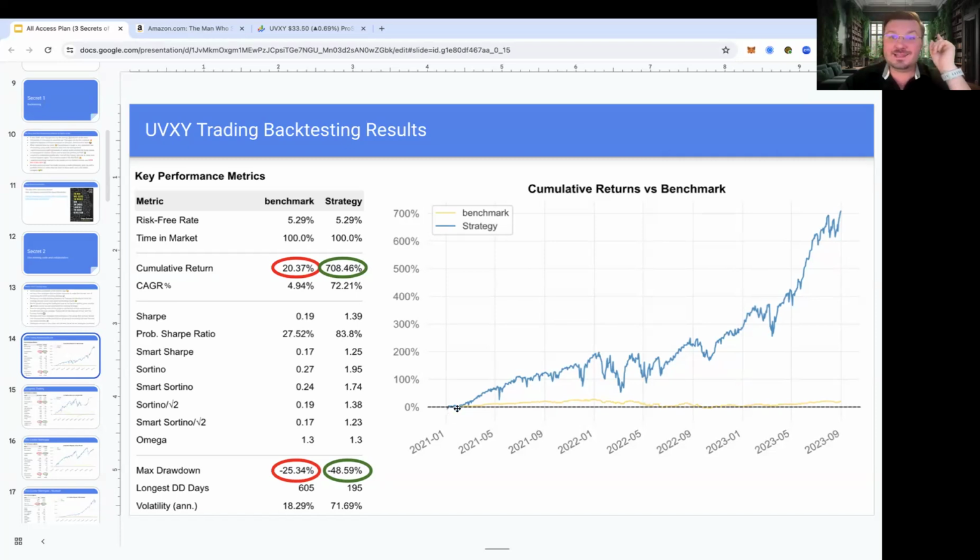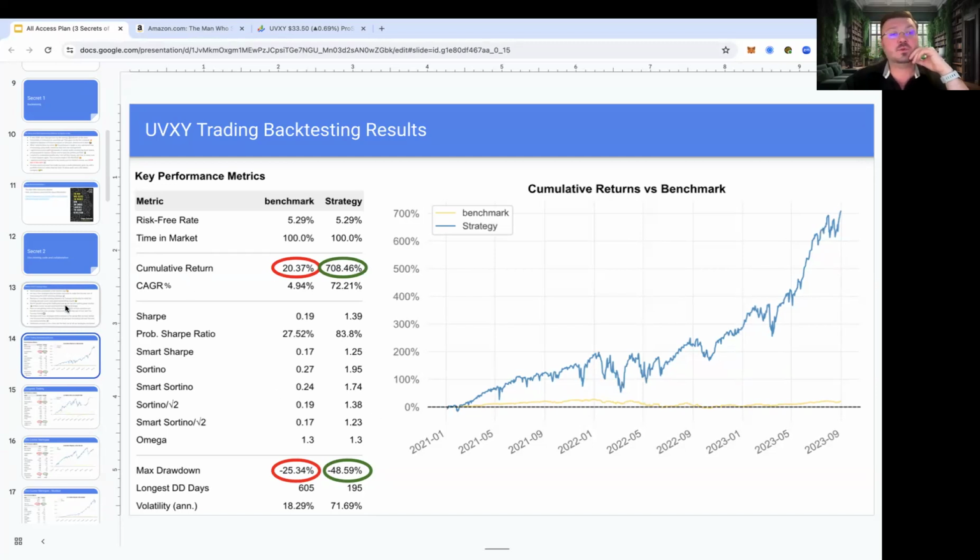However, these are very quick downturns. When the S&P was down, it took 605 days to recover, whereas when this one was down, it only took 195 days. That was the worst thing that ever happened to us, a 195-day drawdown. So we're talking about something that historically, if you had invested in this, you would have had 8 times your money. You would have had a 700% return over 3 years. And you would have gone through a time period where your money dropped pretty quickly, but it recovered very fast too, right? You can actually see that in the chart here.